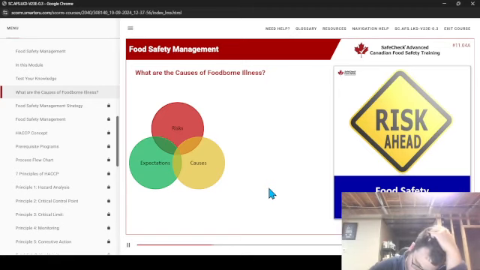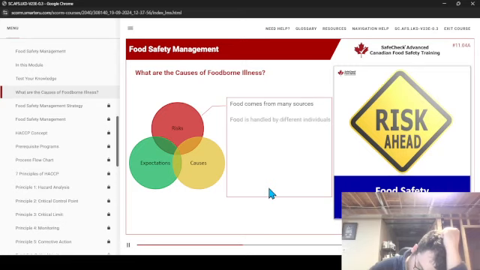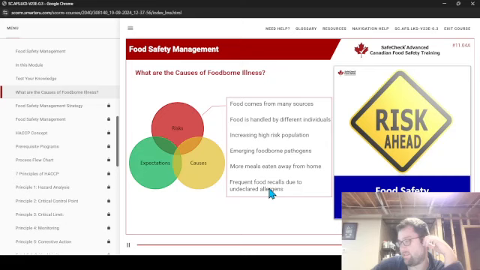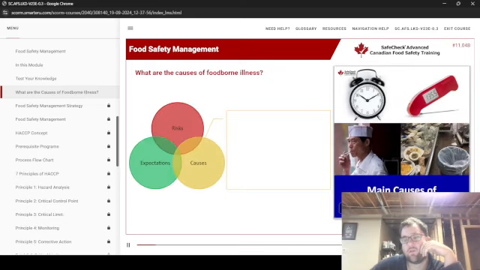One of these risks is associated with the fact that the food comes from many sources and is handled by many different individuals, from farm to fork. Other important risk factors are the increasing number of food recalls due to undeclared allergens, rising high-risk populations in our communities, emerging foodborne pathogens, and changing lifestyles that have led to more meals eaten away from home. In the previous modules,